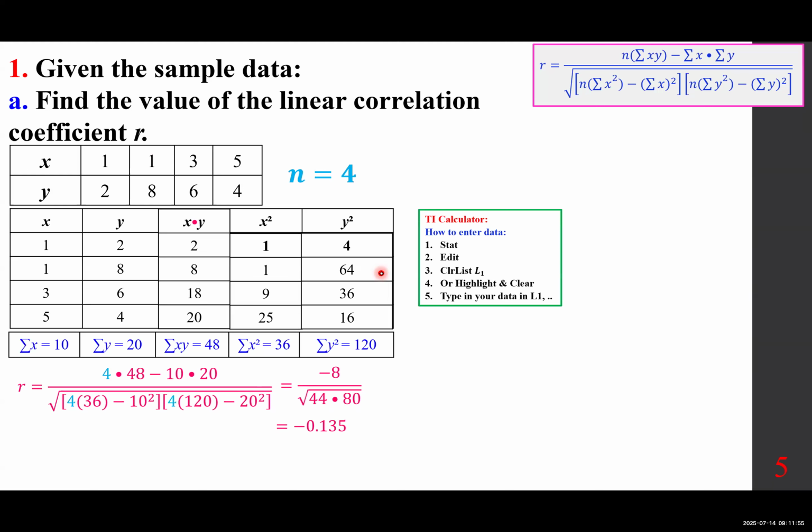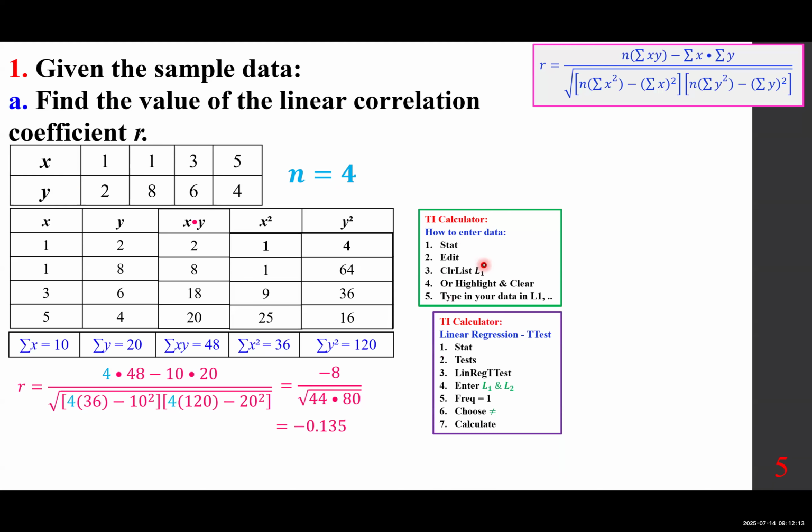If you want to use a calculator, for example, a TI calculator, we first put it into L1 and L2. This is L1, this is L2. So first you clear the list: stat, edit, clear the list. Then you put it into L1 and L2. So in L1 go the X values 1, 1, 3, 5, and in L2 go the Y values 2, 8, 6, 4. And now we do